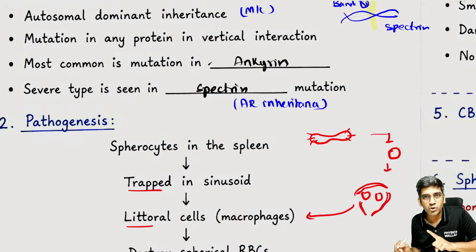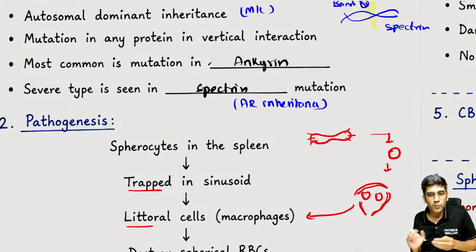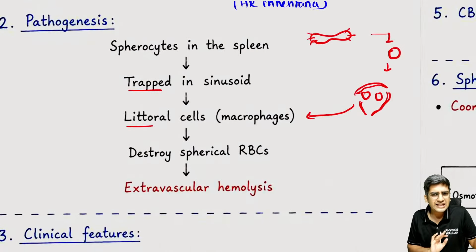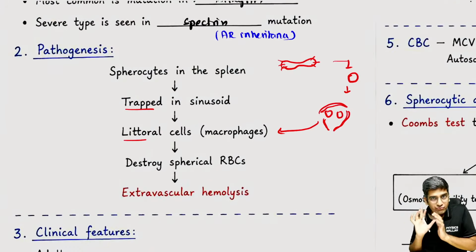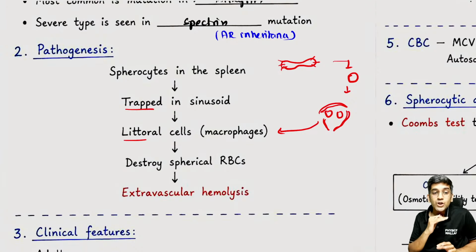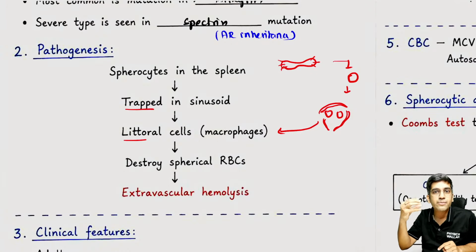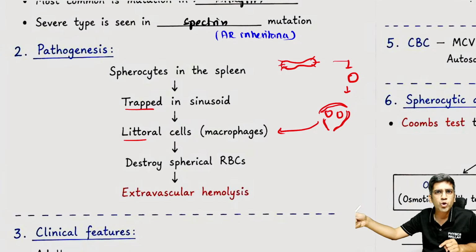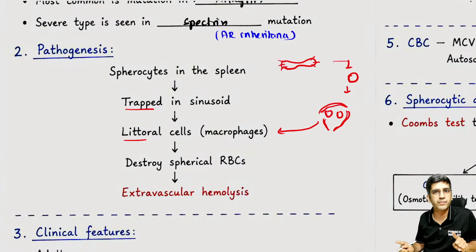I'm going to ask you one more question. Let's see how many of you guys answer. If there's an extravascular hemolysis, will the patient have hematuria? Yes or no? It's a classical case of extravascular hemolysis. Very simple pathogenesis. In a theory exam, no one wants you to write the perfect one. A simple flowchart for pathogenesis is more than enough, right? You will not have hematuria in case of extravascular hemolysis. In intravascular hemolysis, the RBC dies inside the blood vessel, it will go to the kidney, and you'll have hematuria. Here you won't have hematuria, right?